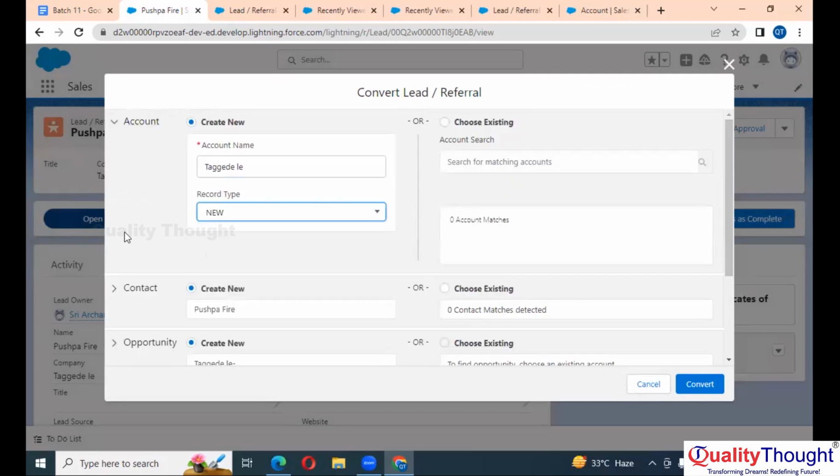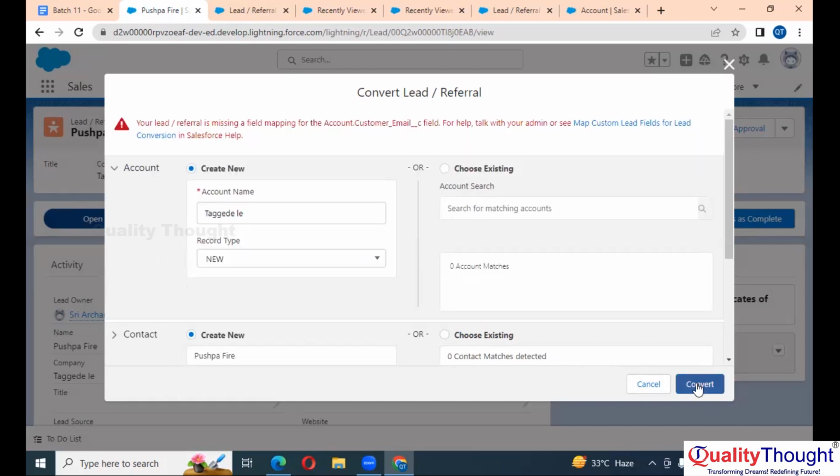Now, this lead is converting into account, contact, and opportunity. When you click on convert, see what happens. Right. Your lead referral is missing a field mapping for account, customer email, right? If you see here,